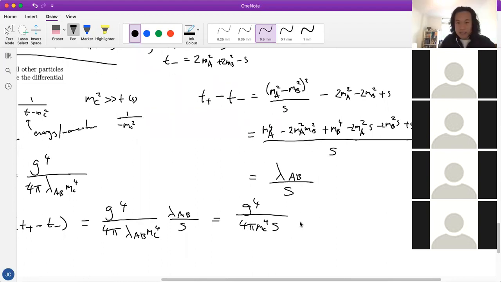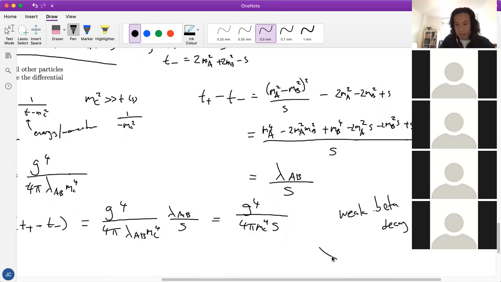Cool. Okay, so this is actually fairly, I wouldn't say common, but it's physically kind of useful. So it's not something that you just make up to make the calculation simpler. A lot of times you do have interactions where the propagator, so MC, is the one that's carrying the momentum in between the initial and final states. Sometimes the propagator is a lot heavier. So for example, in any weak beta decay,